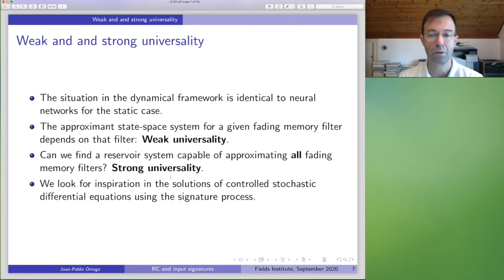This is what truly is going on, and the framework from which he took inspiration is the field of control stochastic differential equations. In a control stochastic differential equation you have inputs that could be semimartingales, rough paths, or just inputs. The input is going to be this noise, and the output is going to be the solution.